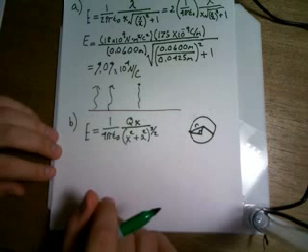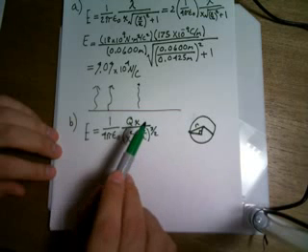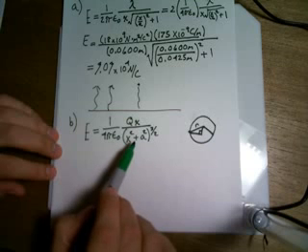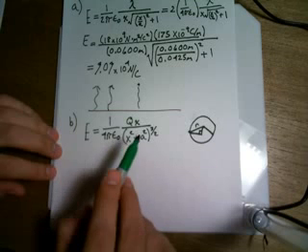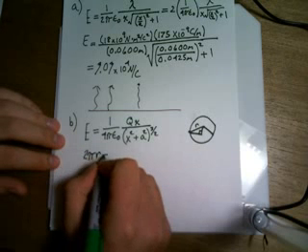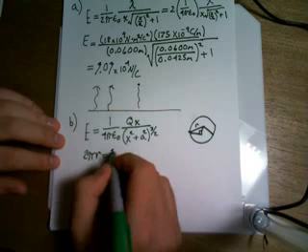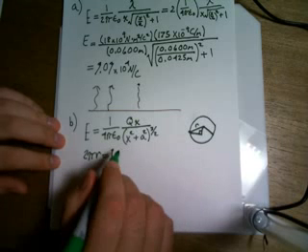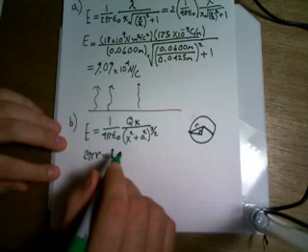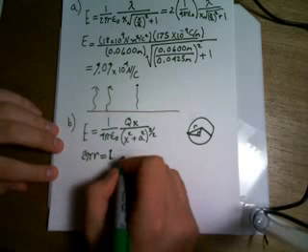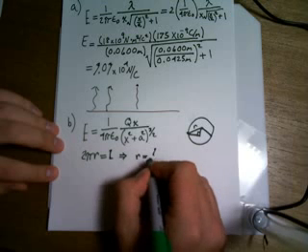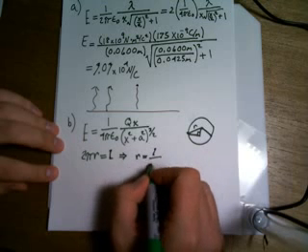So the field for such a wire, a distance x from its midpoint, is this right here, and then we first find the radius of the circle using 2 pi r equals L. So 2 pi r is equal to L. So solving for r here, we're going to get r is equal to L over 2 pi,